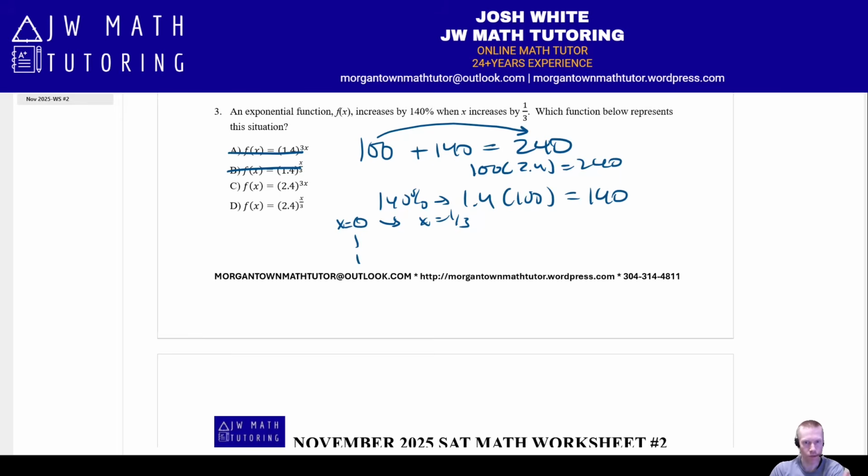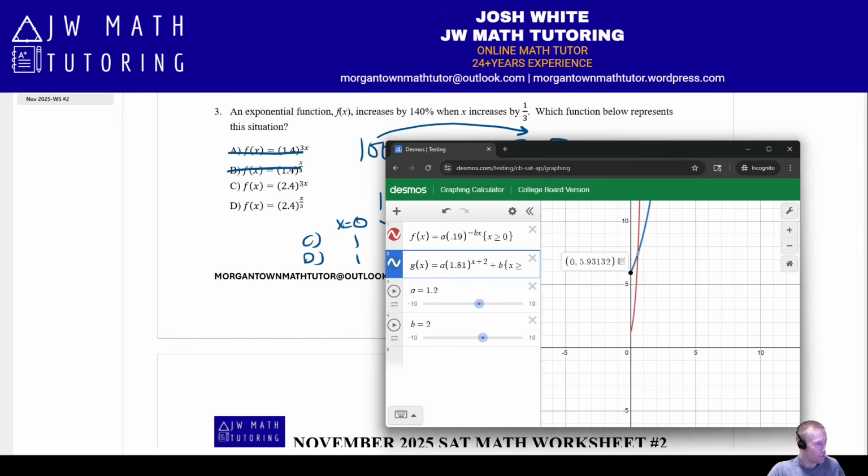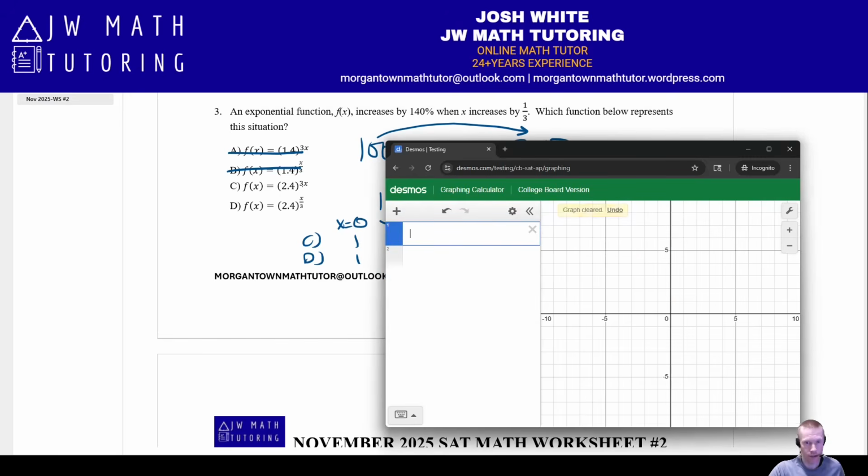Now, if you plug in 1/3, I'll just label these, by the way, C and D. For C, 3 times 1/3 is 1, and 2.4 to the first is just 2.4. If you do it for D, technically 1/3 divided by 3 is 1/9, and you get 2.4 to the 1/9 power. Now, I don't know what that is off the top of my head, but we can just confirm that,